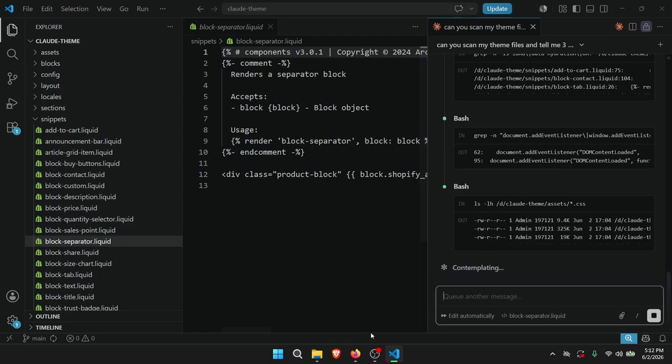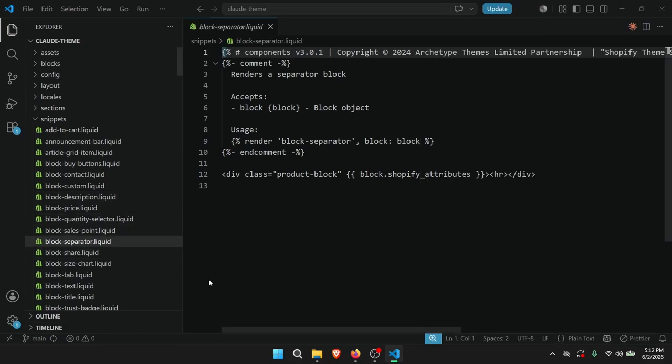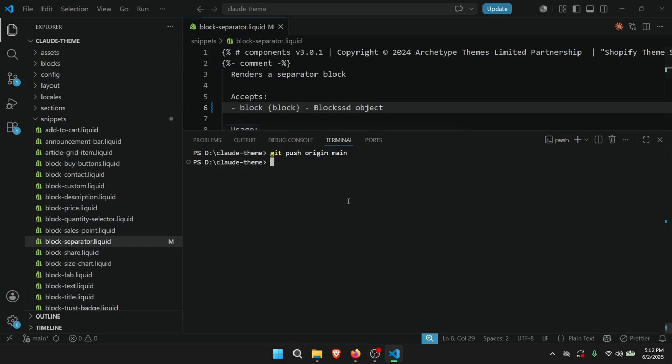But anyway, I do want to mention one more thing. I'm not gonna do the Claude Code part. That's the easy part. Everything else is the harder part here. So I do want to mention one thing. For example, I'm just gonna make a small change here, the comments, because whenever you make an update to your theme, either by yourself or with Claude Code,